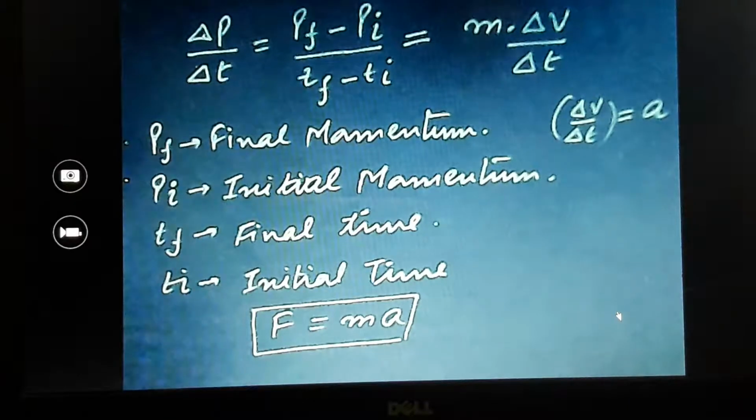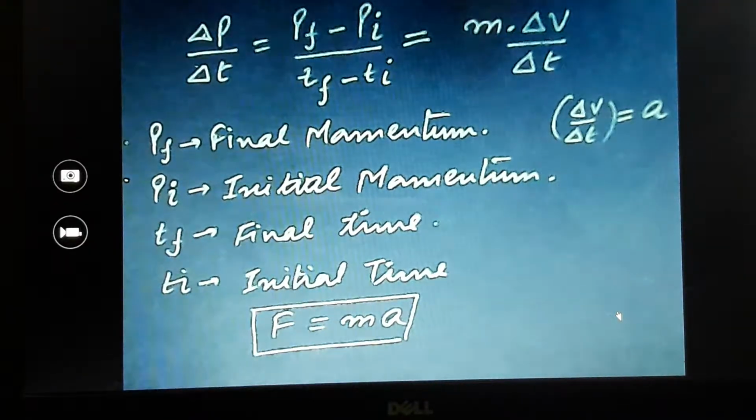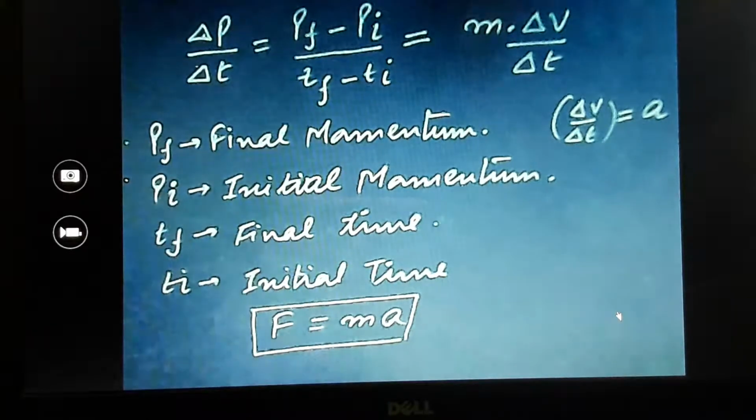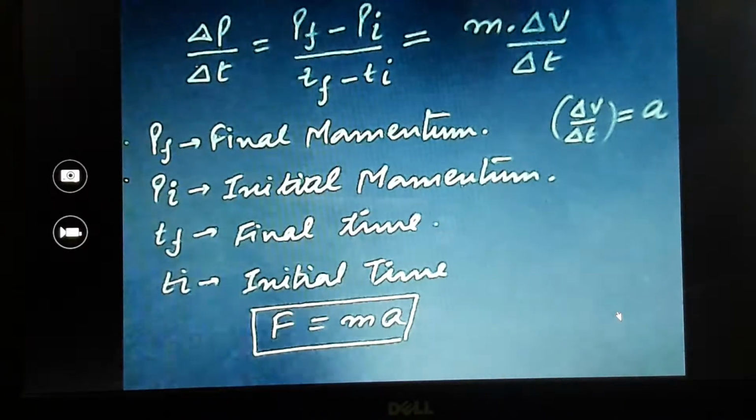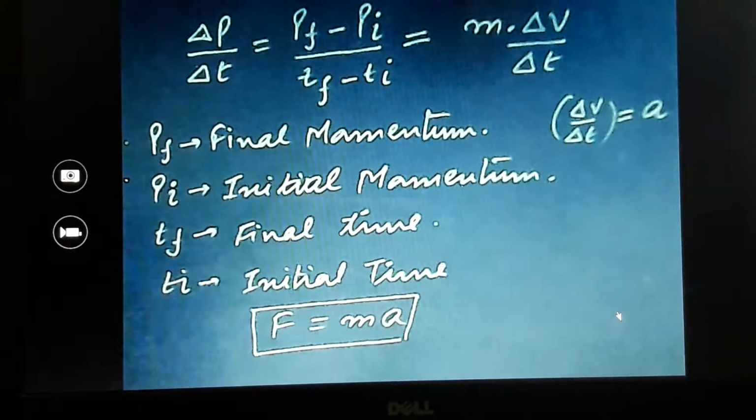So that's only because of the rate of change of velocity, and this is the rate of change of momentum, because of which if you move your hand in the direction of the applied force, you will nullify the actual impact of that particular ball on your hand, right?